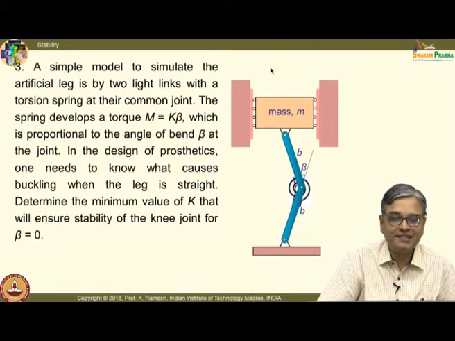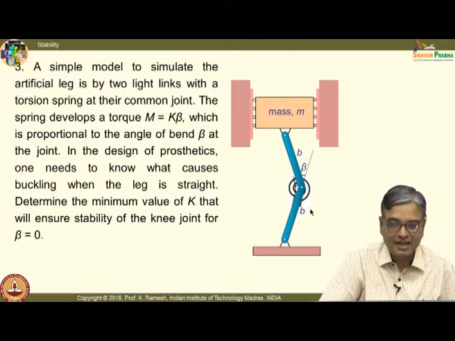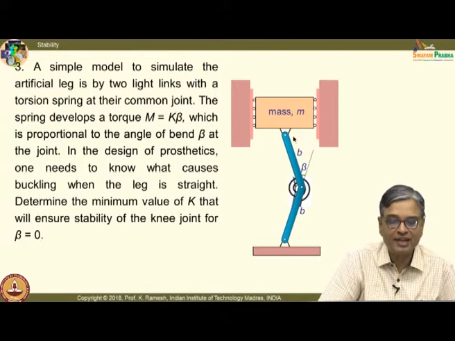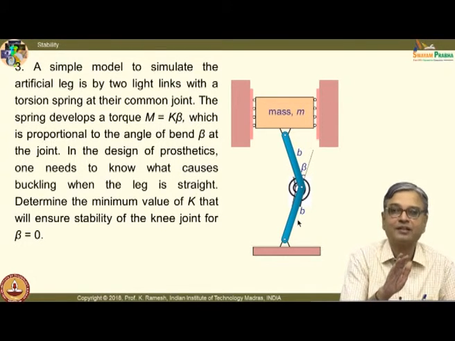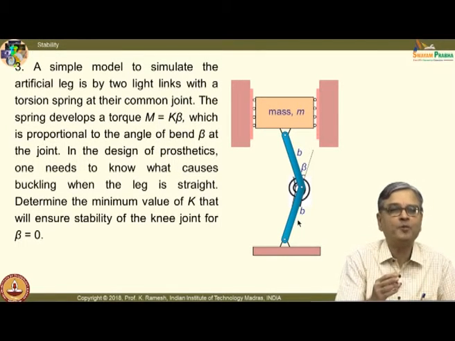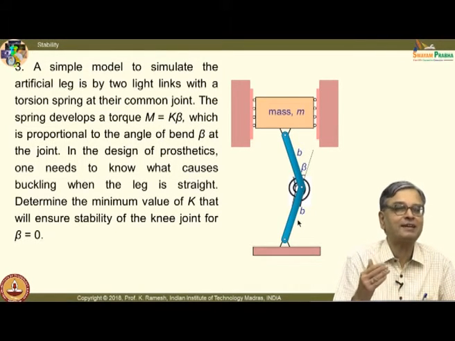Now, the question here is, you have idealized the person's weight as mass m, and then you have also modeled his leg as having two links like this. I have a link of length b and then another link of length b, which is not true, because your leg is not like that. It is a very crude and simple approximation. So, you solve a problem and then have a joy that you have solved something pragmatic and practical.